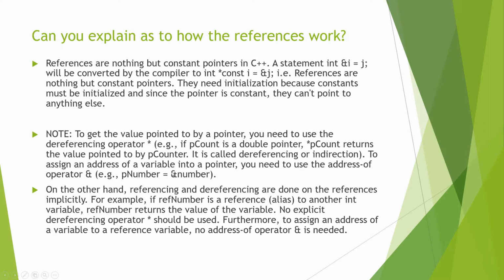To assign the address of a variable into a pointer, you need to use the address-of operator, &. For example, pNumber = &number. This is the address of the number which is stored in the pointer pNumber. On the other hand, referencing and dereferencing are done implicitly for references. For example, if refNumber is a reference to another int variable, refNumber returns the value of the variable. It simply does it as we have seen in the previous code